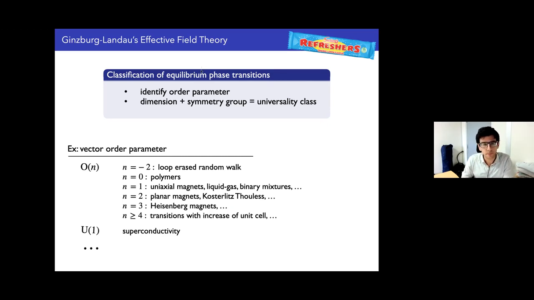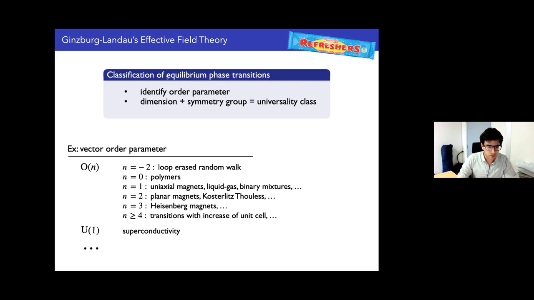Before we go non-equilibrium, let me quickly review the Ginzburg-Landau approach to constructing effective field theories in equilibrium. As you know, that's a real pillar of modern physics because it classifies all equilibrium phases of matter into a single common framework. So the game is: you have a many-body system, you first identify your order parameter, understand under which symmetry group it transforms in the disordered regime, and count your dimensions: 1, 2, 3, 4 dimensions. Then you may classify your model as a member of a universality class, which basically tells you everything about the IR, the infrared properties of your system.